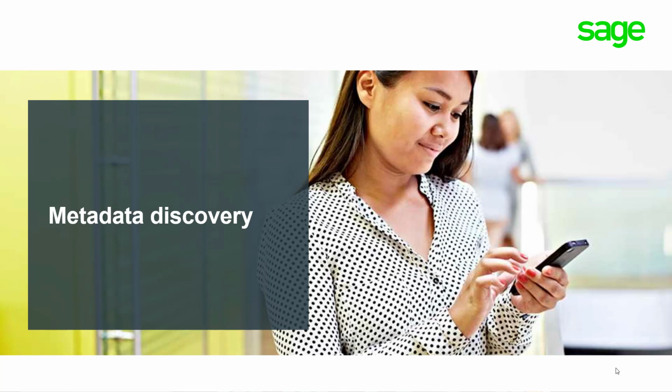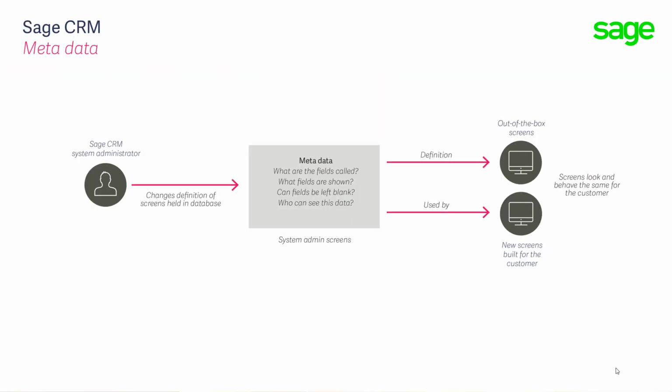Sage CRM is a metadata-driven application. It holds the definitions of its screens in tables within the database. The database tables detail which columns should be included in which lists or screens. The power of Sage CRM's metadata is very obvious to partners and customers who have created customizations for Sage CRM